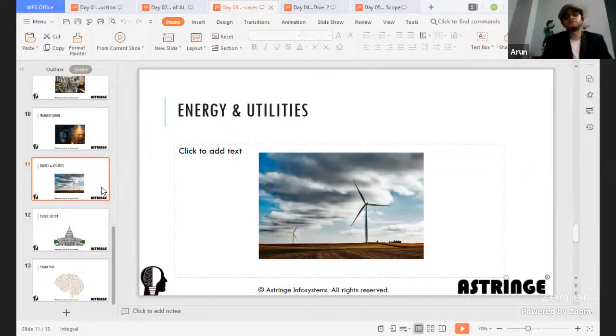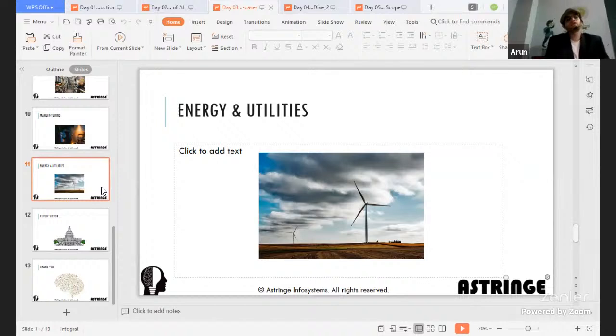Similarly, suppose there is a windmill, right? If that windmill is generating electricity, based on the data it generates in a particular month, probably when there is a lot of wind, you can ensure that the blades of the windmill are tightened, because if there is a lot of wind it may rotate continuously and more than what is required, or it could lead to some catastrophe as well. So you can actually ensure that it is optimal.